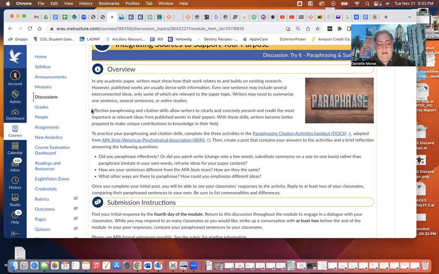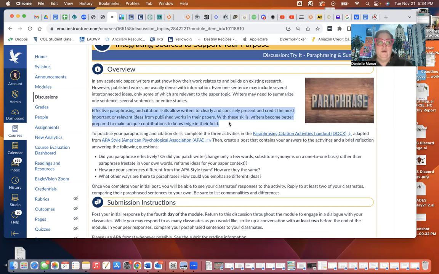The reason that paraphrasing is more difficult is because you're writing something in your own words. So it says here, right? Effective paraphrasing and citation skills allows writers to clearly and concisely present and credit the most important or relevant ideas from published works in their papers. That doesn't necessarily say what paraphrasing is,